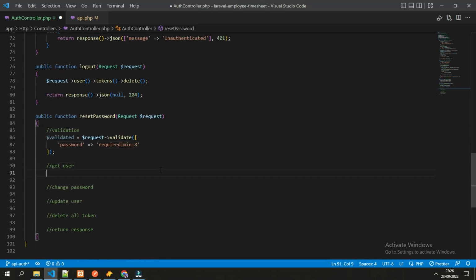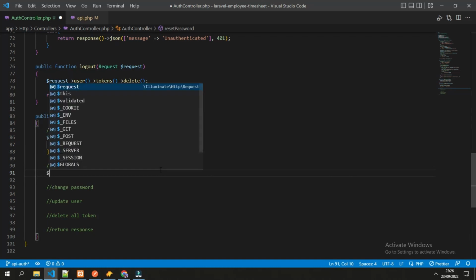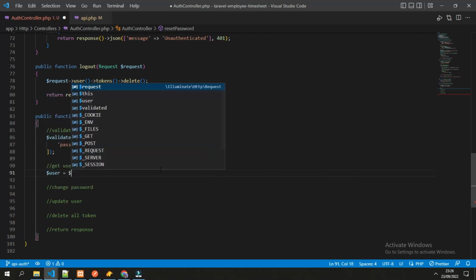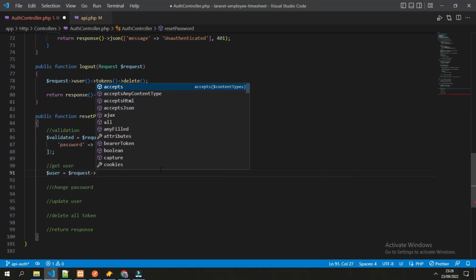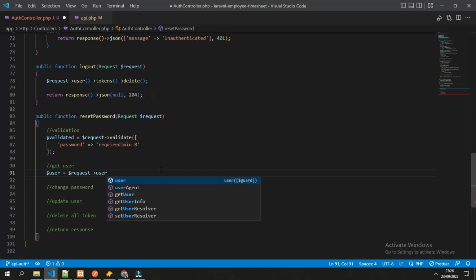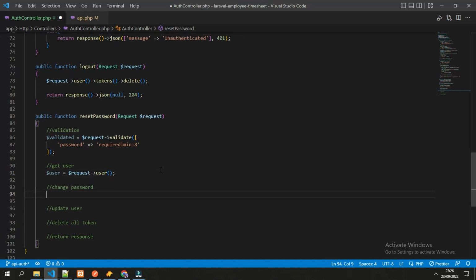That's for the validation. Next, we get the user object from the request. And then we will change the password with user and password. We directly change the data in the database with the similar method in register, which is we need to hash the password first.